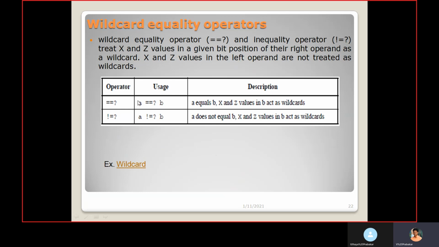That will be matched with the value of a. But in the left hand side variable, if x and z are present, they will not be treated as a wildcard. It is only applicable when the right hand side variable consists of x and z, which is treated as a wildcard. We will see with the example.